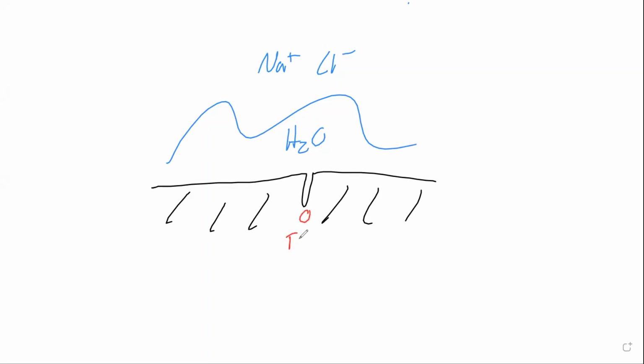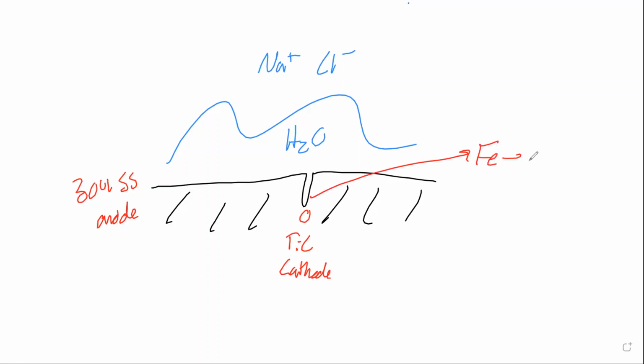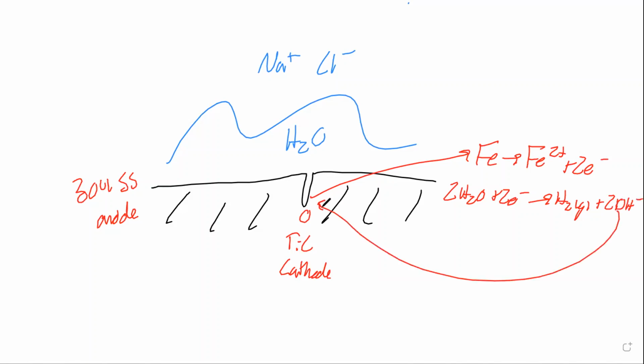And so at the bottom of this crevice, we have titanium carbide, which is important because we hypothesized that titanium acts as a cathode to the 304 stainless steel, which is our anode, to complete a series of redox reactions. And so what happens is one of the elements of our stainless steel, iron, is the easiest oxidized, and that becomes iron 2+, along with 2 electrons, which then react with our water to form hydrogen gas and our hydroxide ions. And those hydroxide ions can then come and react back into that crevice or crack and continue this corrosion